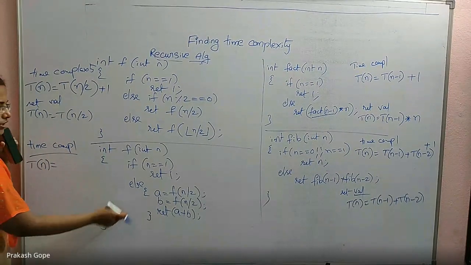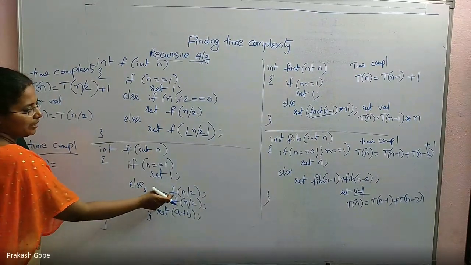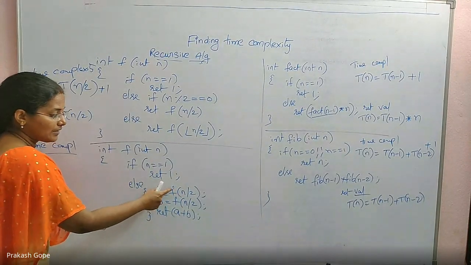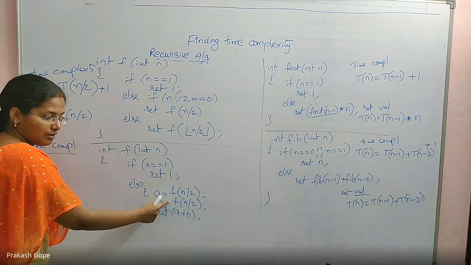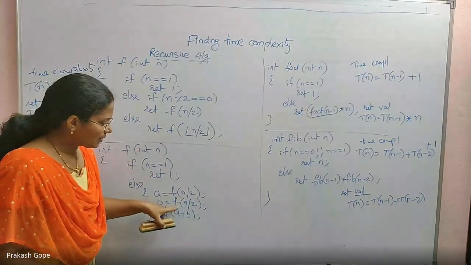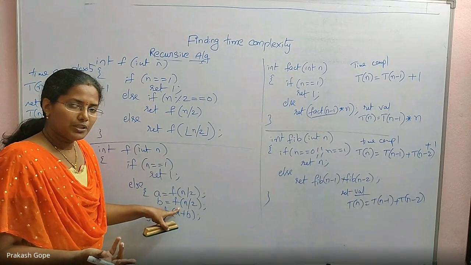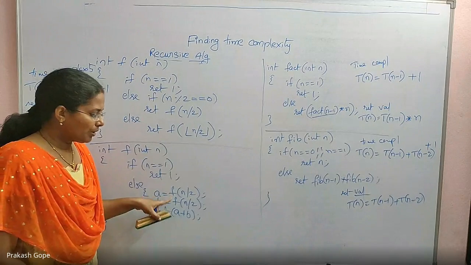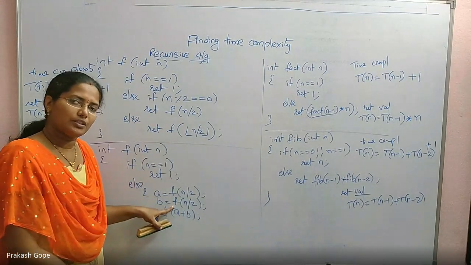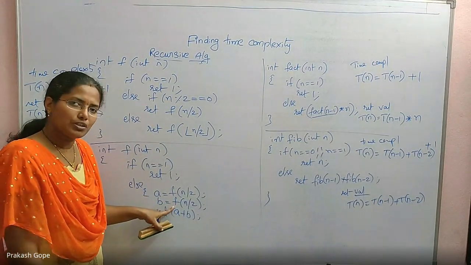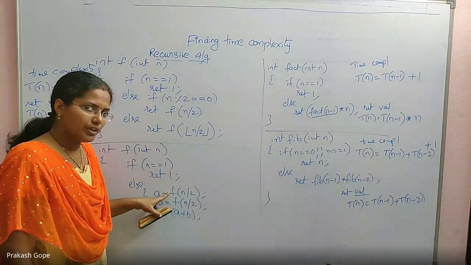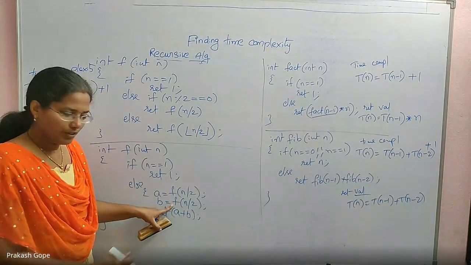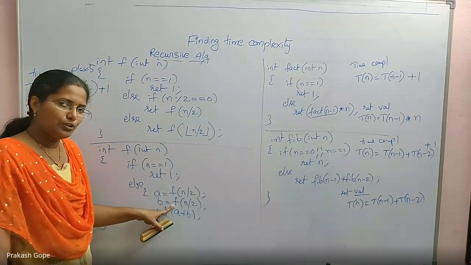Time taken by this function when n is passed is the time taken by the same function when n by 2 is passed, and you are invoking the same function again. Well, whatever this is returning, the same thing is returned by this also, but that is not how it works, right? By seeing this function call, it will run the complete recursion. By seeing this function call, again it runs everything. So the time is spent for this function call also. It's not reusing the value that was calculated before. By then it was lost already. So it will invoke again, it will be doing the whole work.